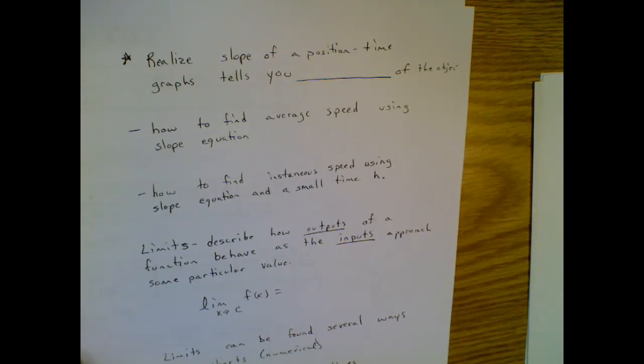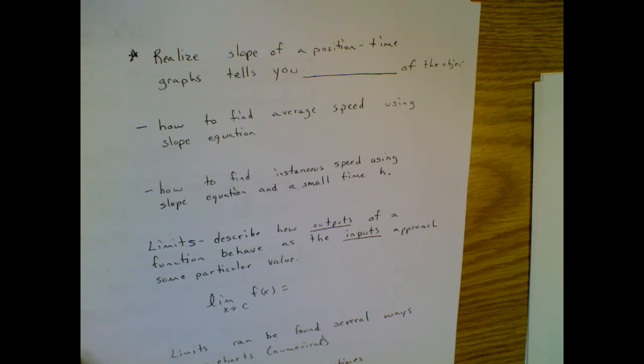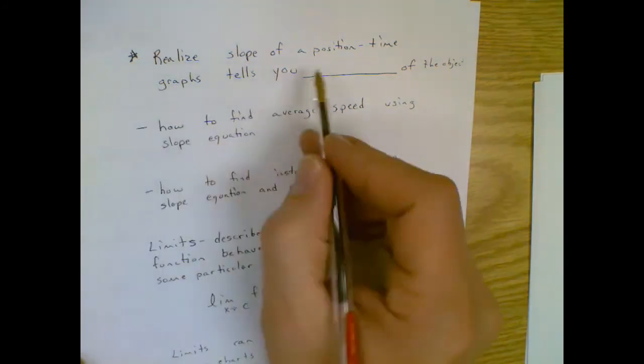Well, we made it through the first video okay, and if you haven't, you need to stop immediately and go back and watch the first video of the summer, talking about instantaneous and average rates of change. We're going to dive in to look at limits, mainly just limits, not so much the rates of change. One thing you need to realize, and I put a star by it, the slope of a position